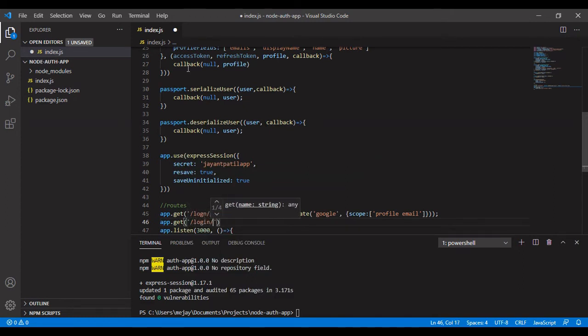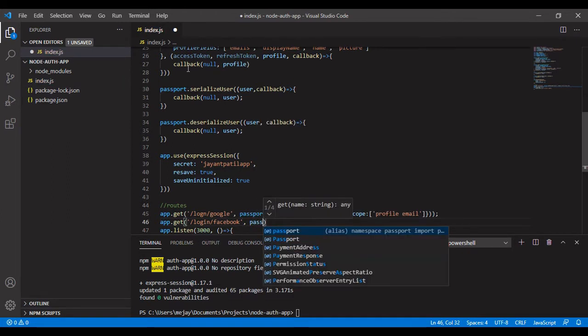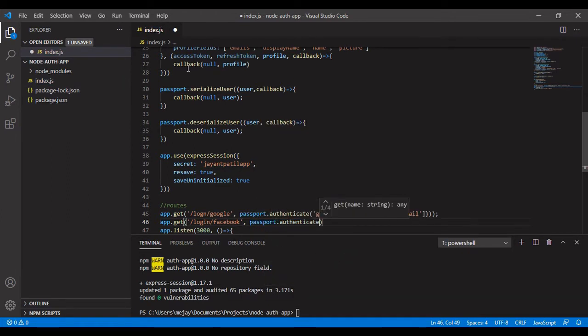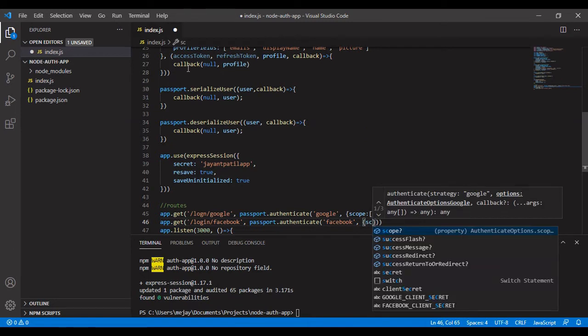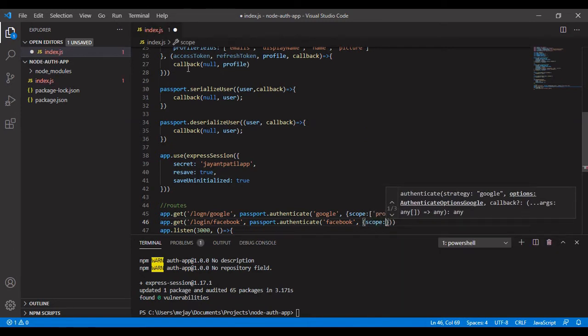Likewise we need to define it for Facebook also. There is a difference in these two. In the first we have called profile and email, and here in Facebook we need to send only email, and the other fields we have already mentioned in the above configuration.